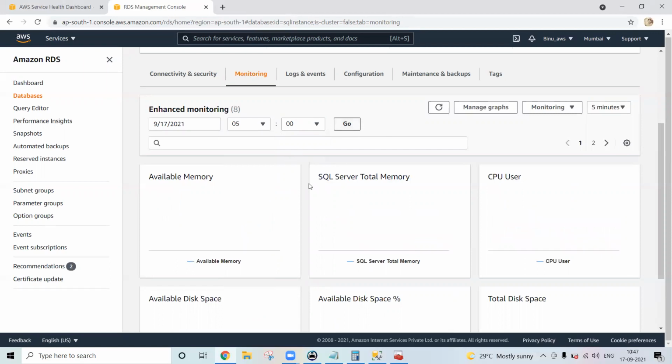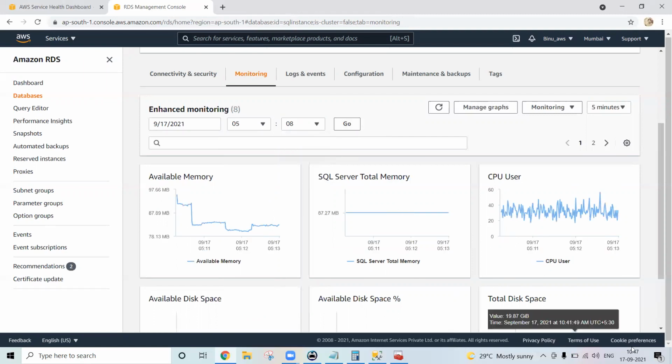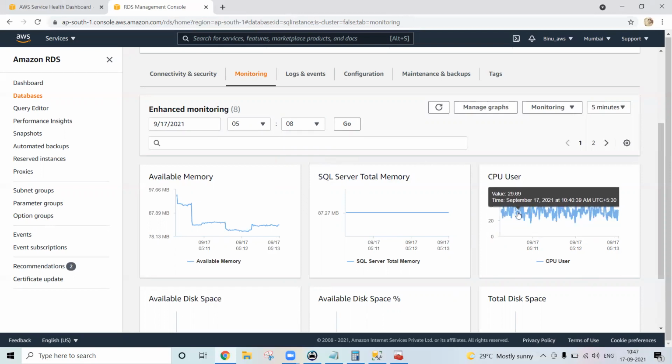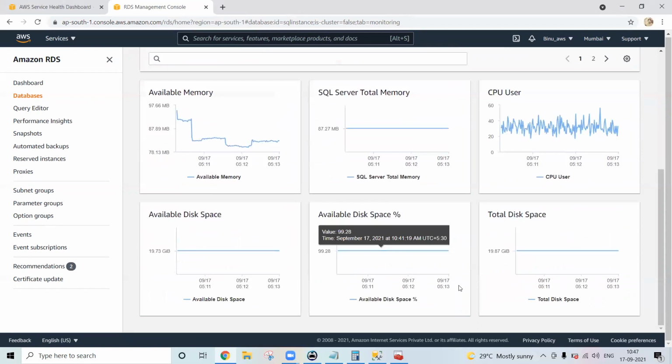Once you click there, for that particular time only it will show the details. Now go for the next time. Let's see 8. Is there anything? Yeah, see. Now click here. See 5:11, 5:12, right? 5:13. You can get the information from here. Okay. Available memory, how much memory was there? 5:10, 5:11, 5:12, 5:13 for a 1 minute interval, right? Okay. Yeah.